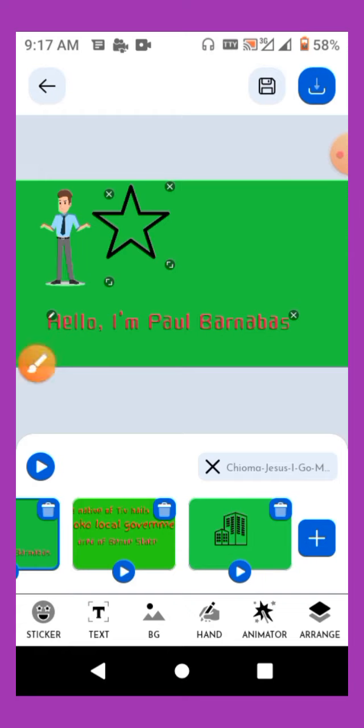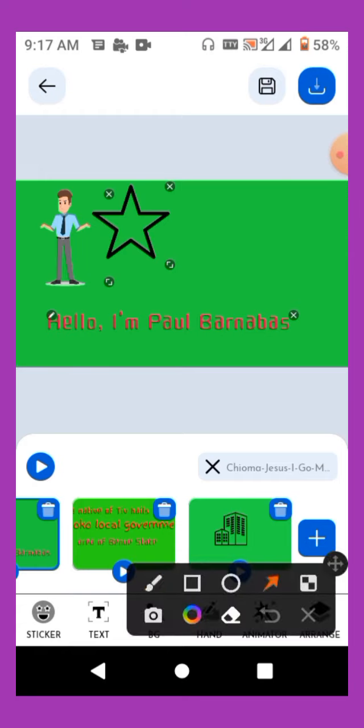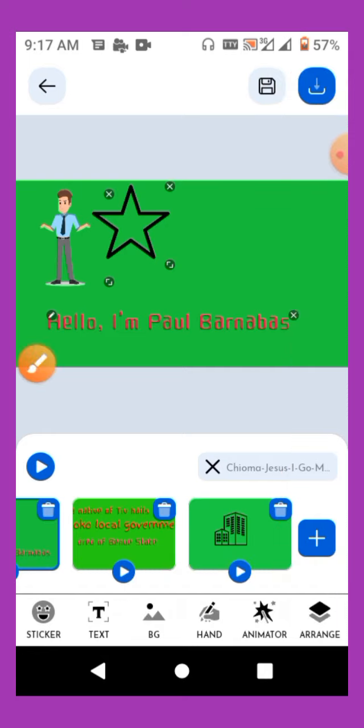Now this is what we're going to do. You are going to click on your export command. This is it. That is your export. Click here. This is your export. Once you are done with your work, that is where you can export it. Now we are converting it to what? A video. So once you click here,